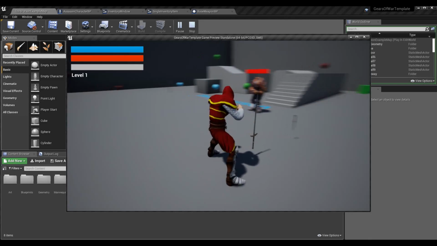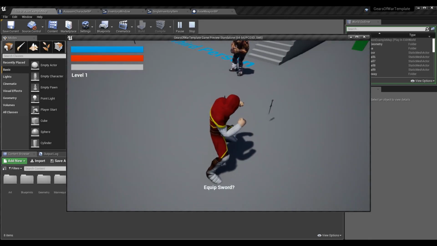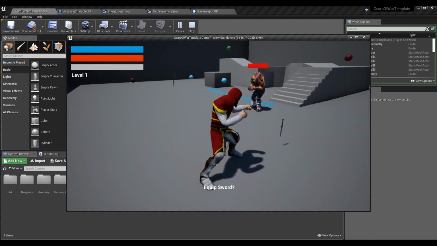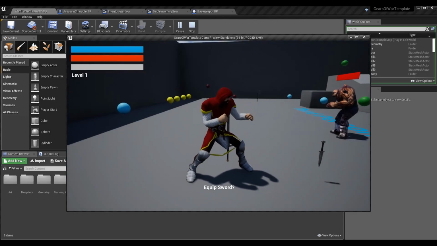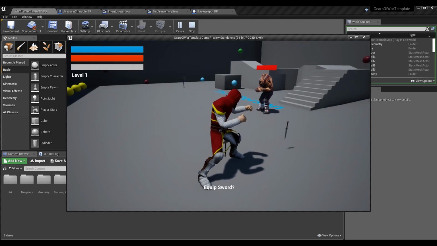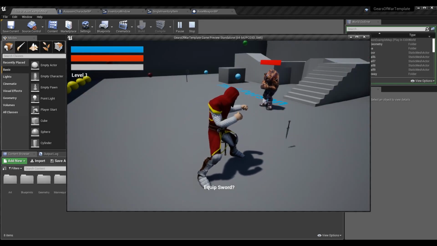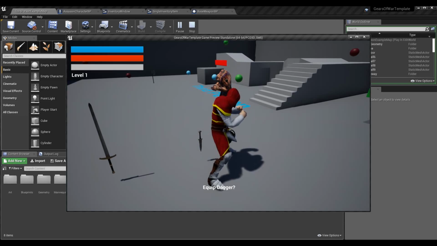We're going to be finishing up inventory, or at least the functional parts of the inventory. We will still be making it look nicer and neater, but this is going to be the majority of the things that we need. So, in the last episode we were able to press E on items that we were